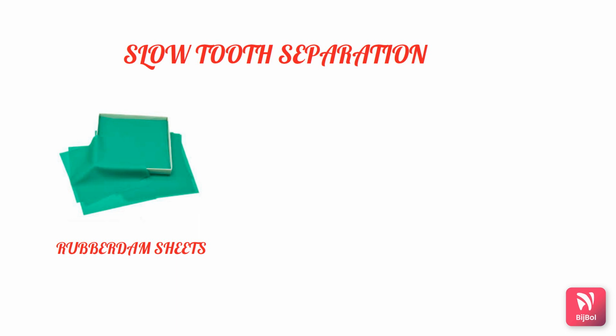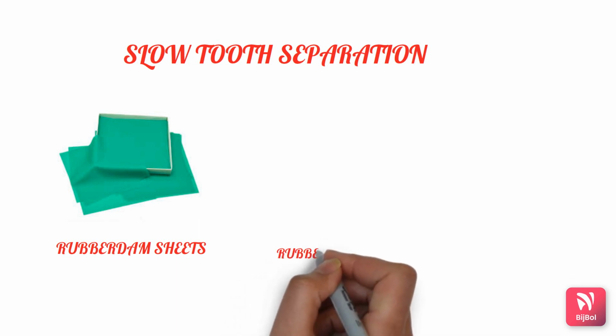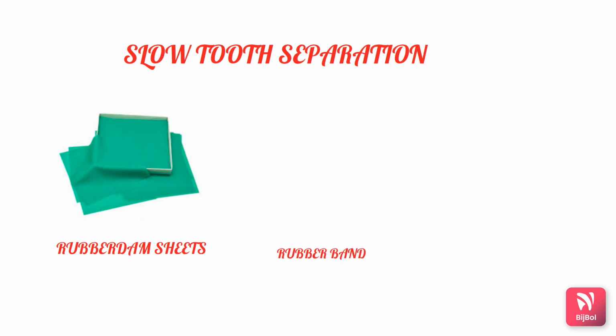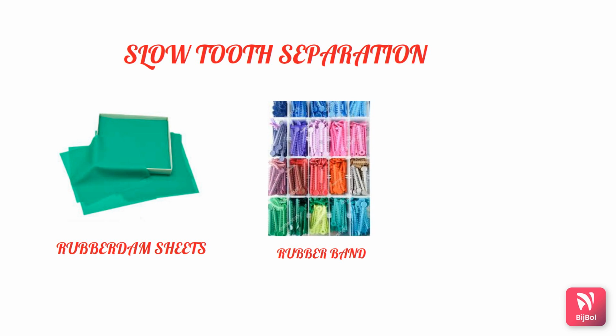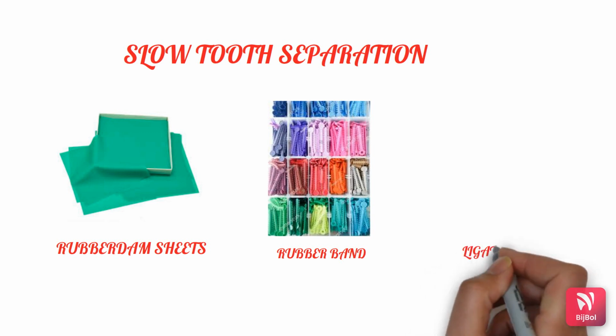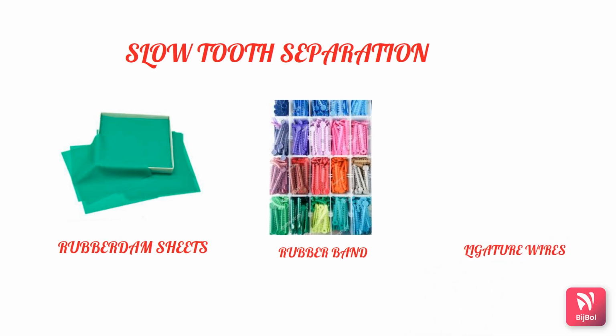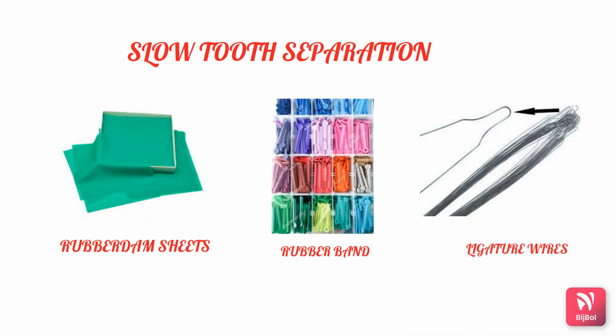Now we'll see the separating rubber band. A separating rubber band used for orthodontic purposes can be used for achieving slow separation. It can be stretched and positioned interproximally between the teeth to produce the slow separation. Now we'll see the separating ligature wires. The orthodontic brass ligature wires can be passed through the embrasure triangle beneath the contact area to form a loop around the contact area. And these two ends can be twisted together to create a separation, but not beyond 0.5